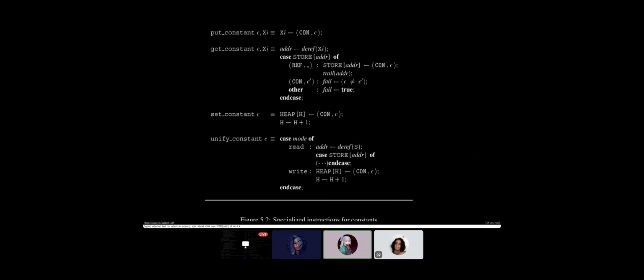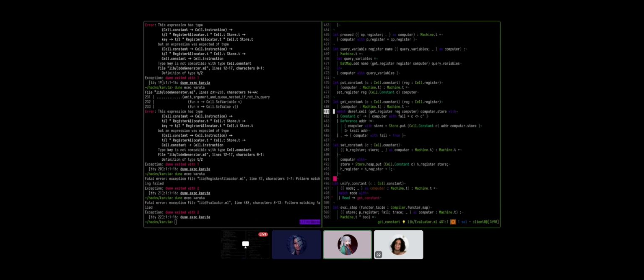That's not the purpose of deref cell, though. I agree, but we can cheat. No, that's not what I mean. What I mean is the S register contains an integer, an address. Deref cell is when you say, okay, I have a cell, it might be a reference, and I want to dereference it until I get something that's not a reference, or a free reference, essentially. It's from cell to cell, not from address to whatever. I see what you're saying. That sucks.